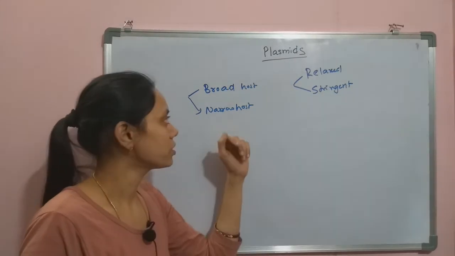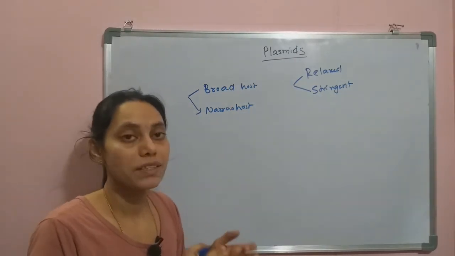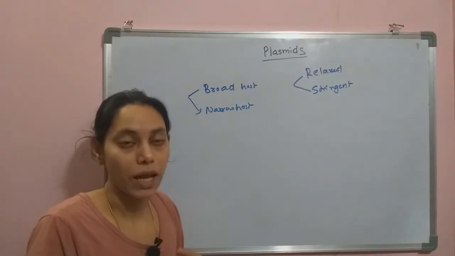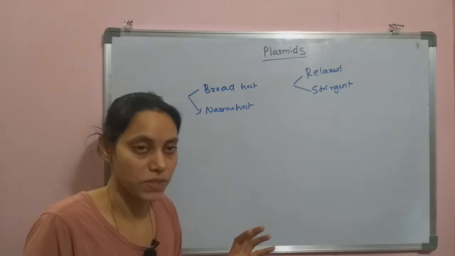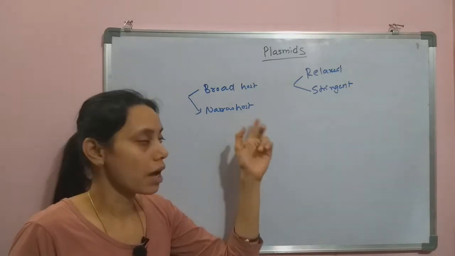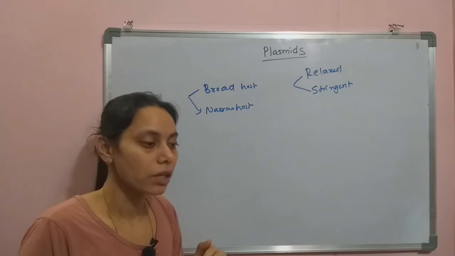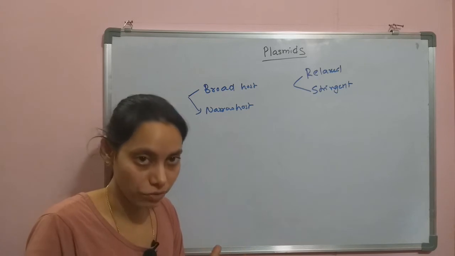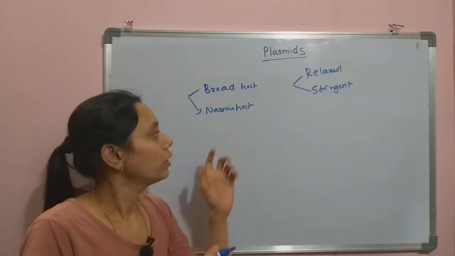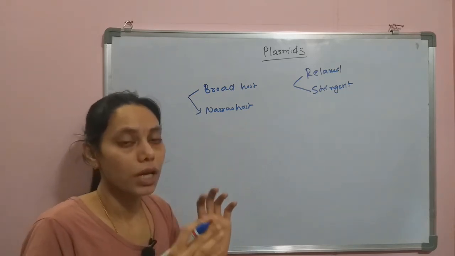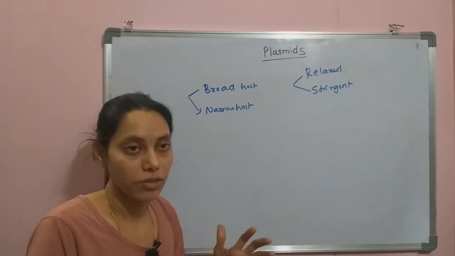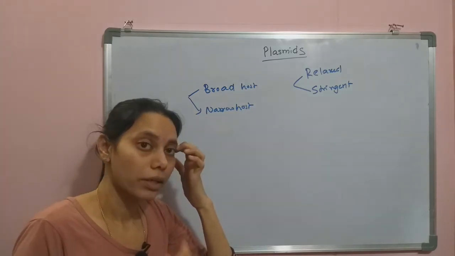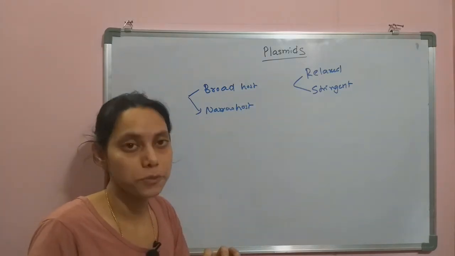So these broad host range plasmids can survive in many species of bacteria. That means the exchange of these plasmids is possible between the species. The narrow host range means the plasmid will be shared only between the same species of bacteria. So the narrow host range will cause the plasmid to be vertically transferred, whereas the broad host range helps the bacteria to gain resistance in a new species.